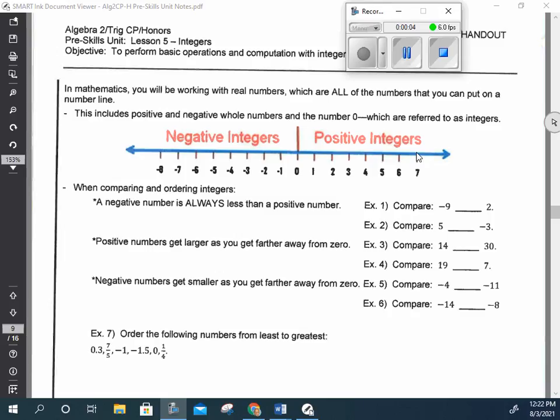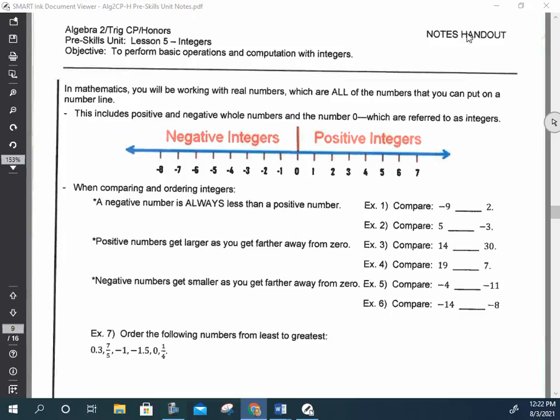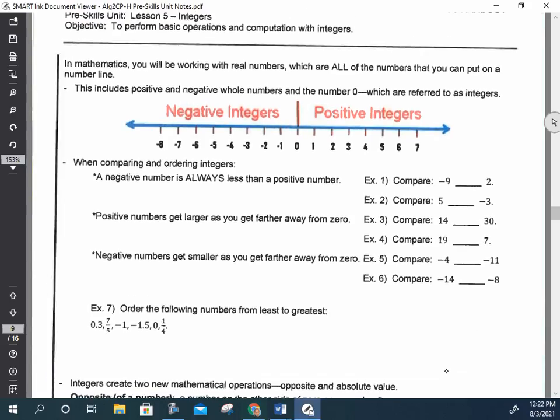Lowe. Coming with you is lesson 5 in our pre-skills unit focusing on integers. So we're going to focus on some of the basic concepts associated with integers, along with going through adding, subtracting, multiplying, and dividing. So again, this is the 5th lesson in our pre-skills unit. So with integers, so far we've dealt primarily with all positive numbers. So now we're going to deal with positive numbers, negative numbers, and 0, which taken together are referred to as